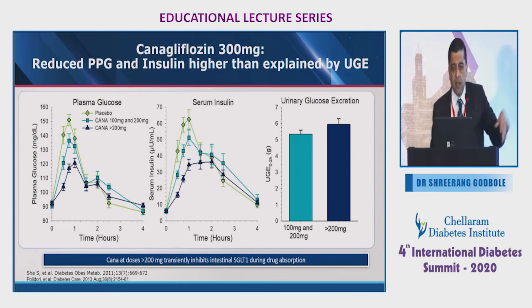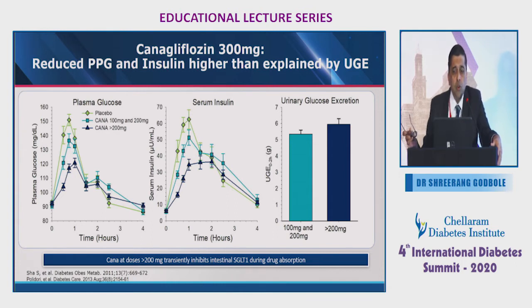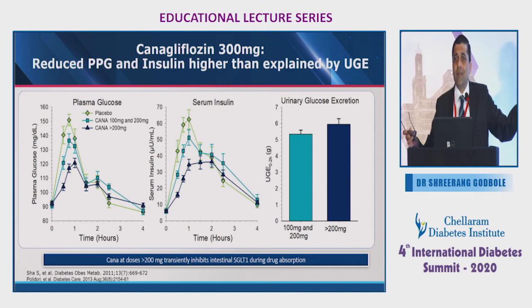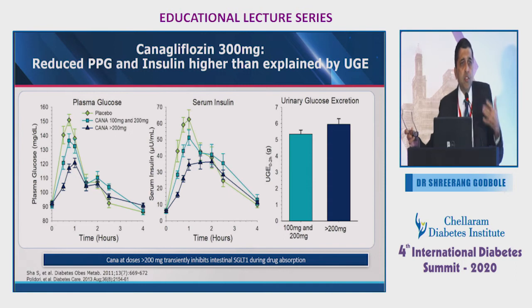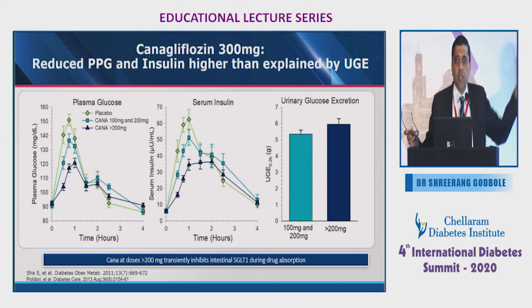Now, if you look at the right panel and the actual urinary glucose excretion in the two groups: in the light blue column, the 100 and 200 milligram pooled group, in the first 2 hours it's 5.4 grams. In the pooled group using more than 200 milligrams, the urinary glucose excretion in the first 2 hours is 5.9 grams. So they're comparable, 5.4 versus 5.9. So it's not really the increased urinary glucose excretion that is responsible for this benefit. And therefore, there are potentially other mechanisms by which you get this benefit with a higher dose of